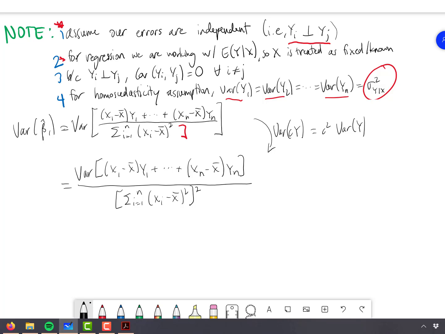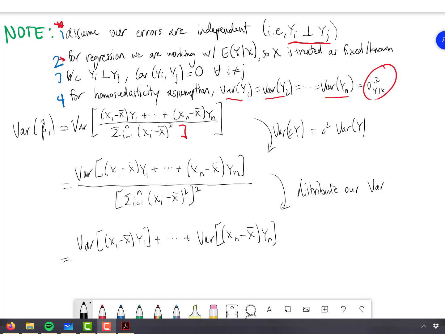From this point on, the next thing that might be useful to do is to distribute our variance out to each of the separate terms. Focusing on our numerator now, we make it explicit that we have the variance for each one of these (xi minus x bar) times yi terms. In the next step we will distribute our variance, and so here we rewrite that as the variance of (x1 minus x bar) y1 plus dot dot dot plus the variance of (xn minus x bar)